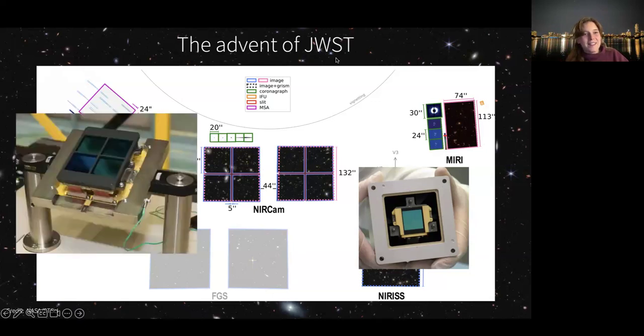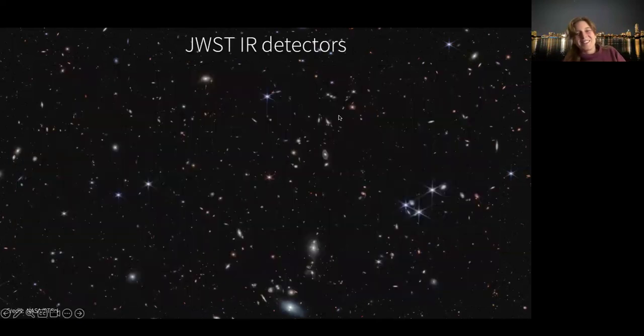And then this is, for example, also an image of the NIRCam detectors here. So you can see the 4 quadrants, and it's a similar size scale as the MIRI detector. So you have this gigantic structure, and then you have these fairly small detectors that are doing all the magic. So let's talk more about the detectors.